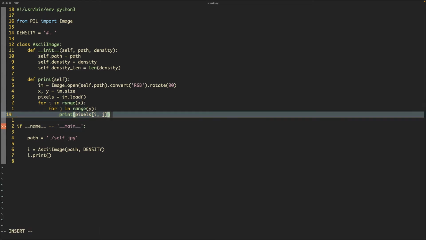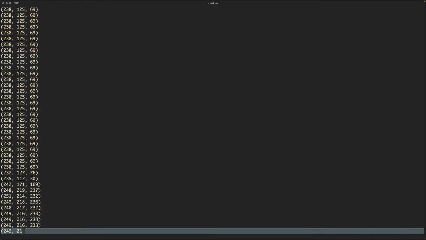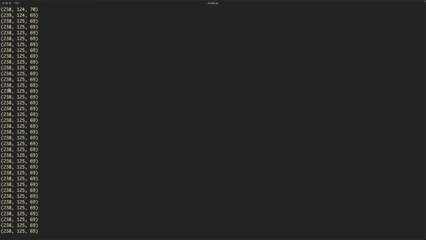It's a bit weird. So we do that, and we'll see what it prints. It should print out a list of RGB values. Okay, so this is printing out all the RGB values for this image. Now, the image that I've shown you is mostly uniform, it's mostly orange. So what you've got here is